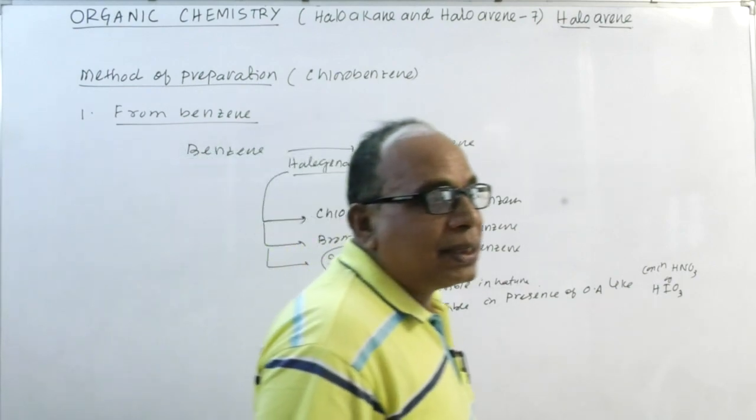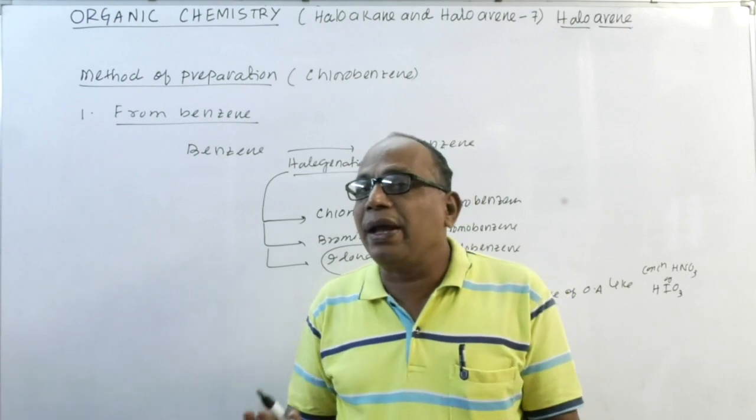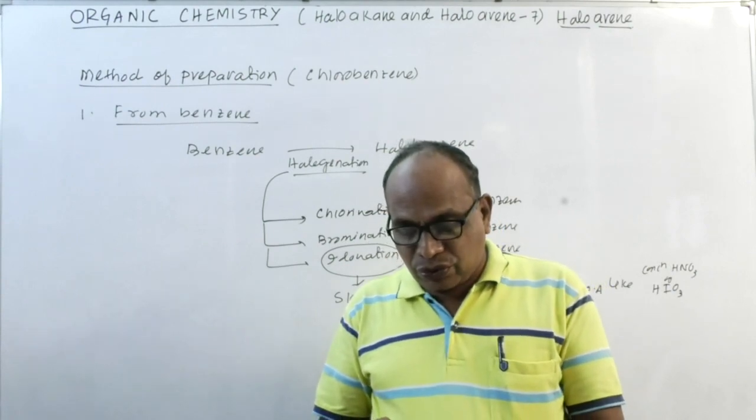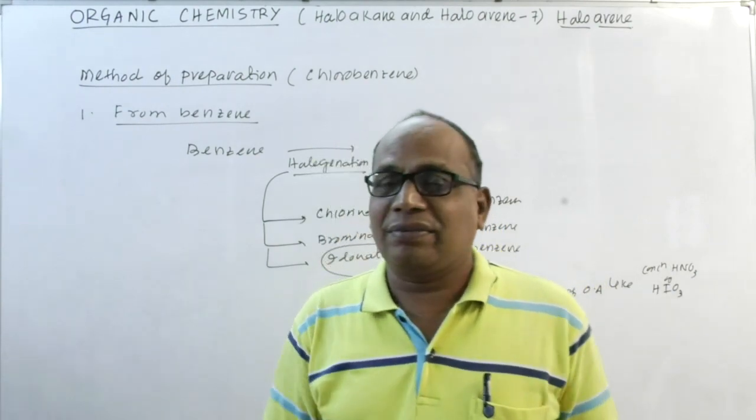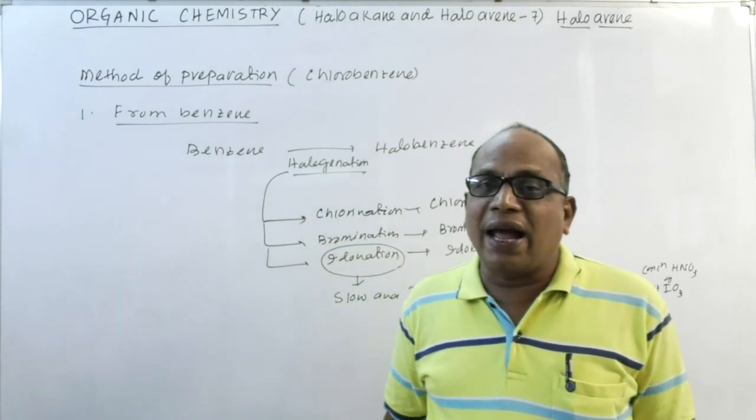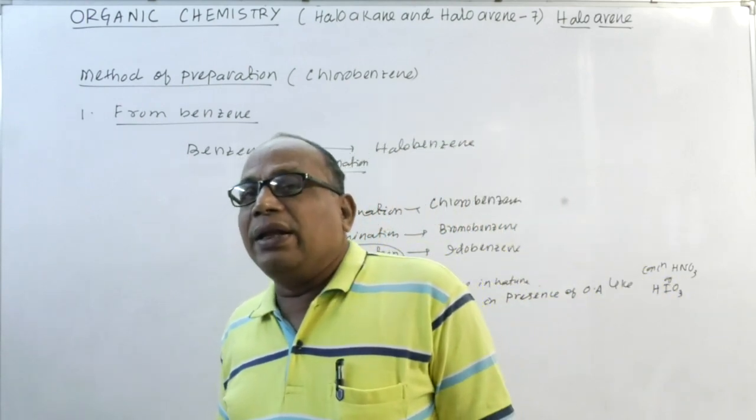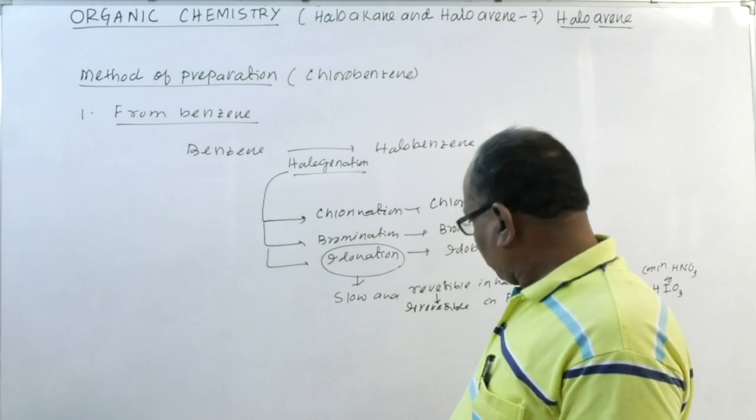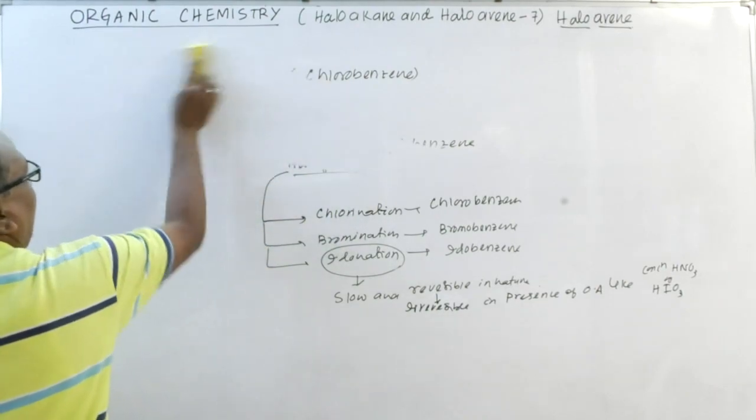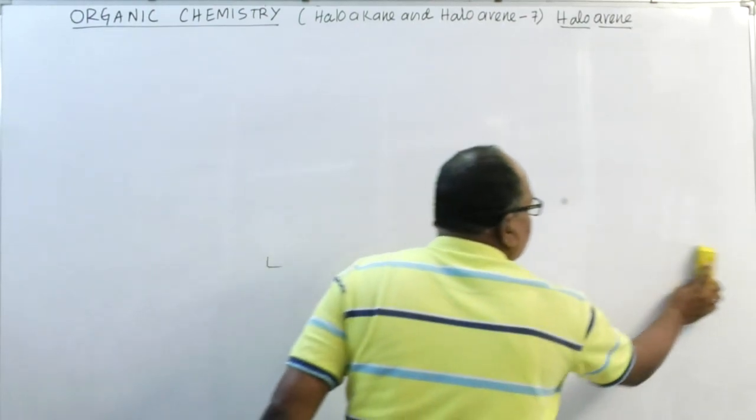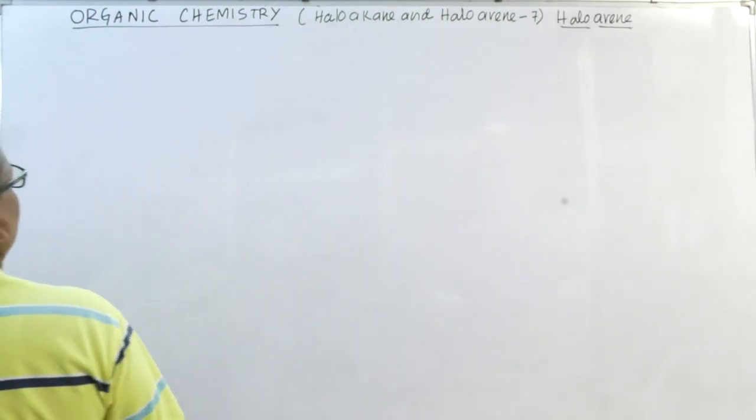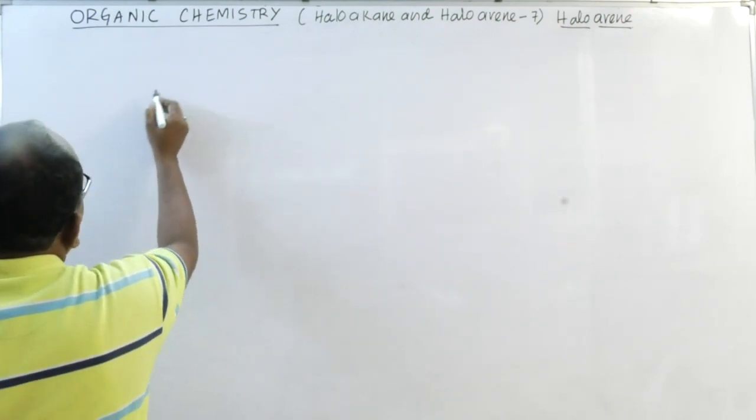Okay, halogenation means the benzene is treated with the corresponding halogen in presence of a suitable halogen carrier. That means the halogen carriers are anhydrous aluminum chloride, anhydrous ferric chloride. Okay, these are the halogenation. So let us see how the halogenation takes place. That is, benzene